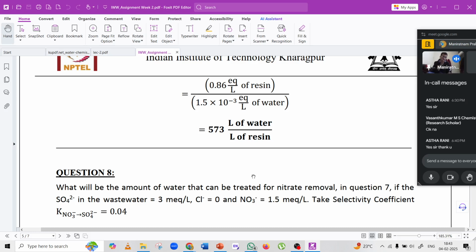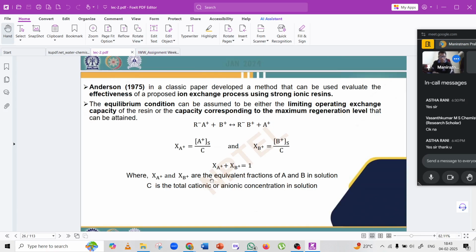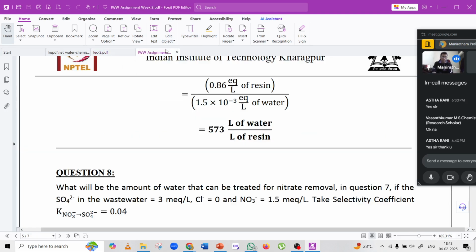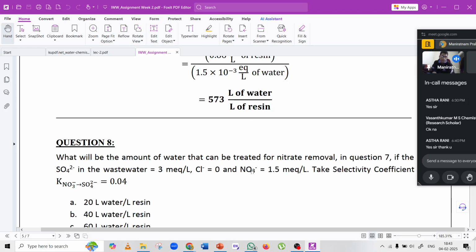Please, it's very simple. If you have understood the process I have explained, you only have to find the fraction of nitrate that can be removed, and you have to use this formula. Once you get the fraction, then you know the exchange capacity, that is 1.3. Then you can find the operating capacity. Once the operating capacity is known, you can divide it by the volume of